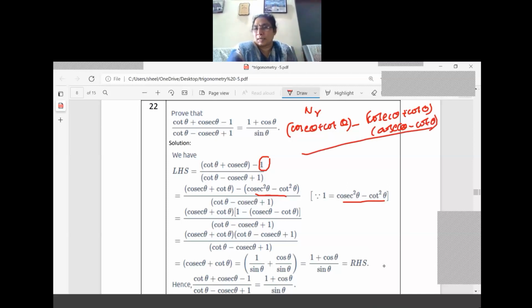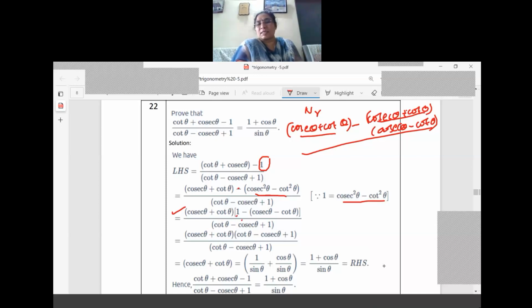This is the numerator, right? So here you see cosec theta plus cot theta is there. Here also cosec theta plus cot theta is there. That is why in this step we have taken cosec theta plus cot theta common. So what is remaining in the bracket? Already this term is out. So 1 is there and the minus sign is there. What is the remaining term? Cosec minus cot. Clear this one? Denominator, there is no change. We are continuing like that only.